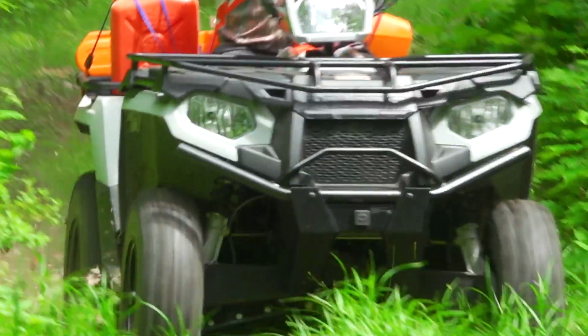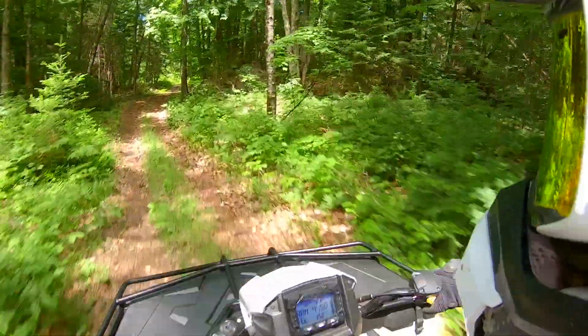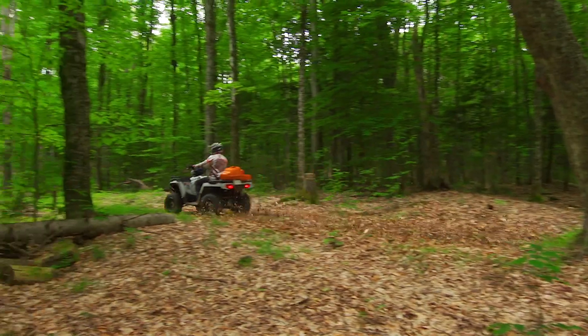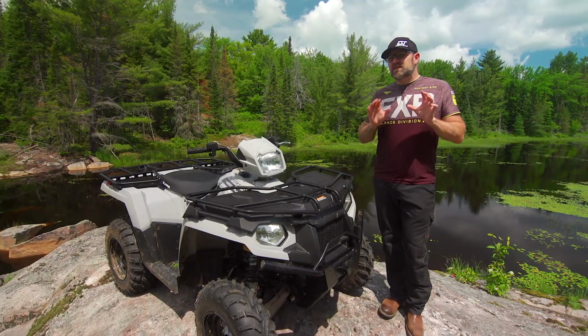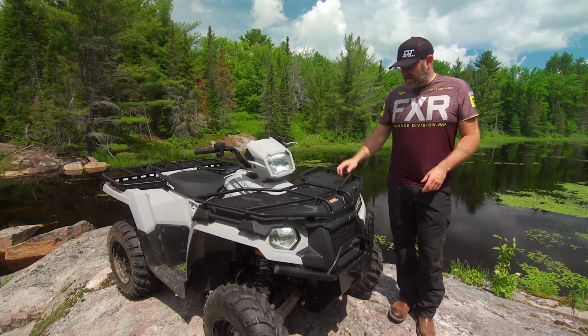Before I get into some more philosophical ponderings about this ATV, I think we need to figure out what the utility model includes that the standard 450 doesn't. First and foremost, you'll notice right away that this Sportsman has a steel rack out back and a steel